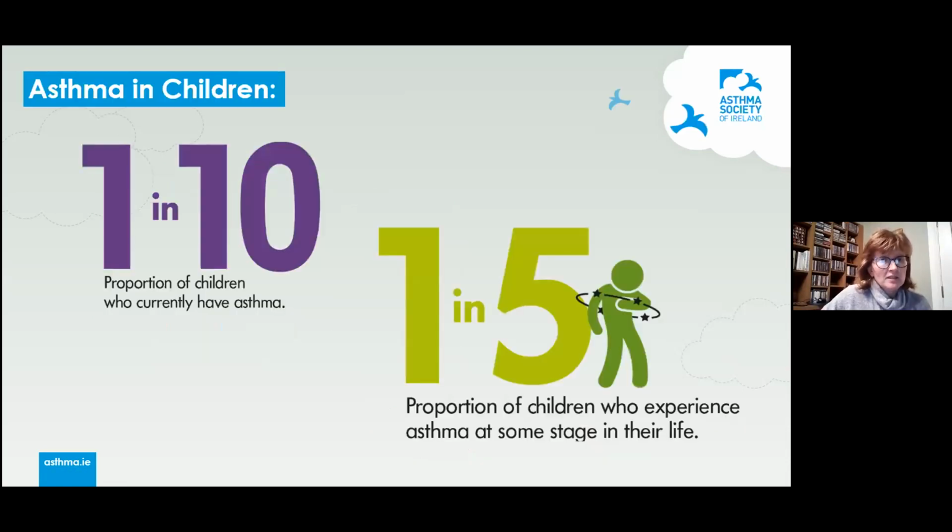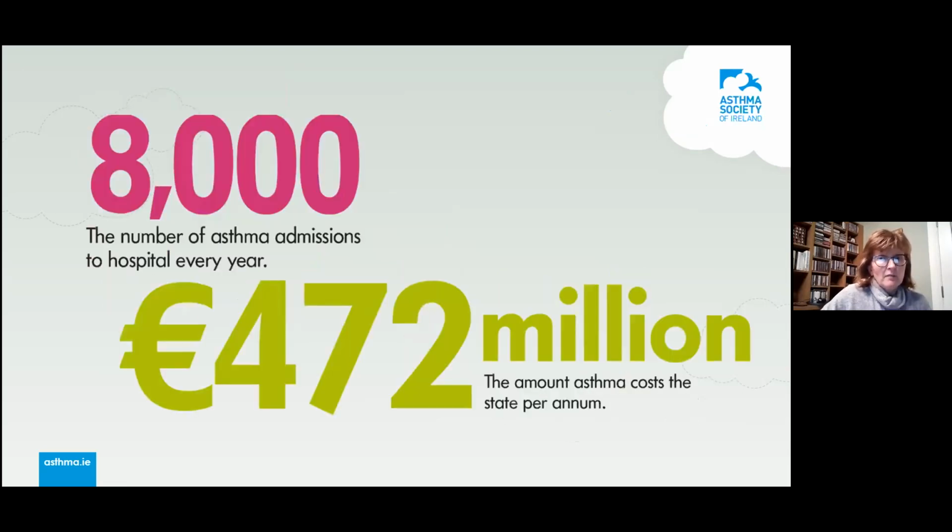1 in 10 adults currently have asthma, and 1 in 10 children also have it. It costs the state an awful lot of money, 472 million euros every year, in terms of people using different services and medication costs. So it is a very expensive condition, with approximately 8,000 admissions into hospital every year as well, which is quite